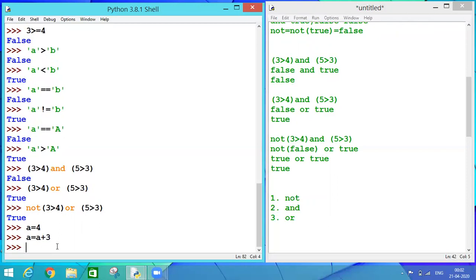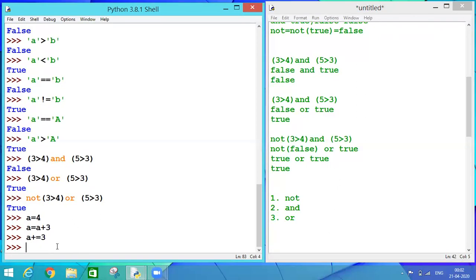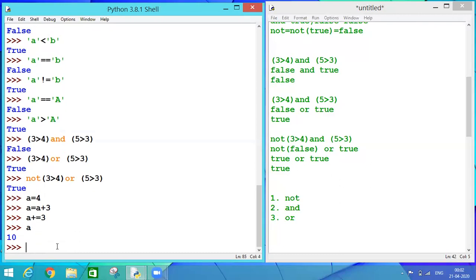There is one shortcut. I can convert this A is equal to A plus 3 into A plus equal to 3 in this way. Let's check. If I print A now, it will be 10. Why so? Because in this line it became 7, and in this line it became 10.